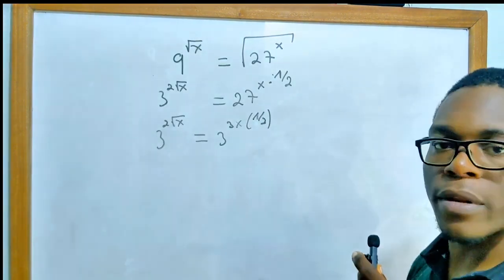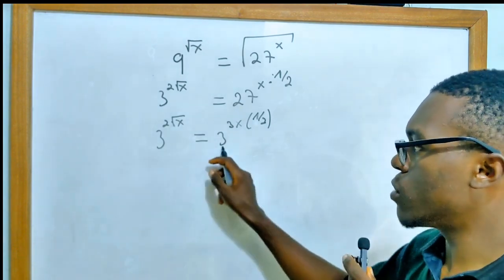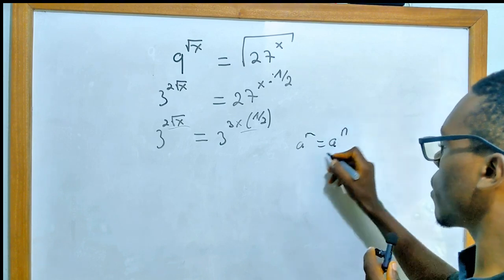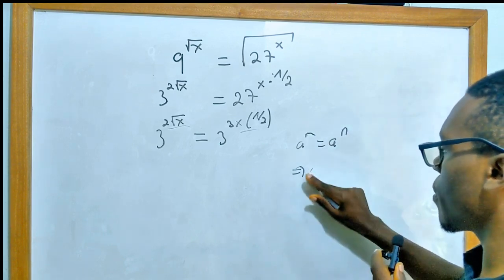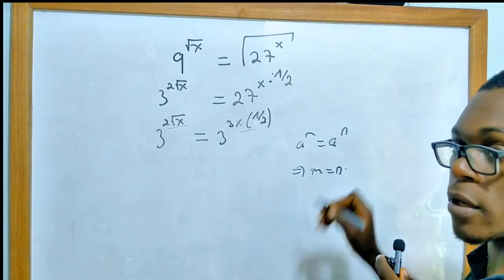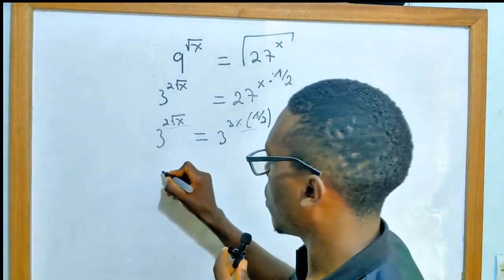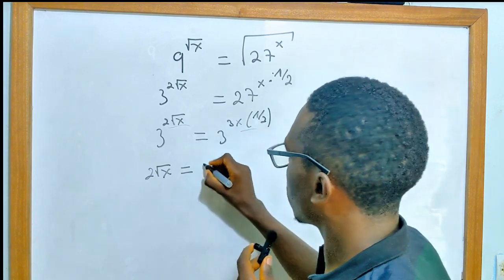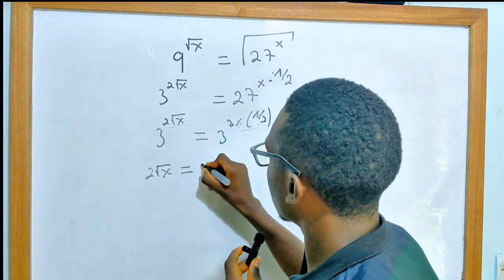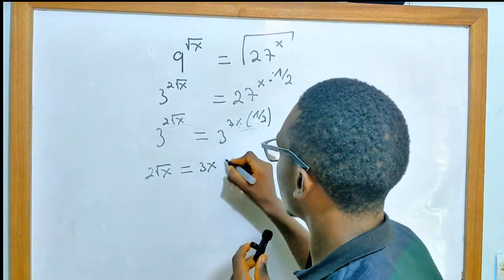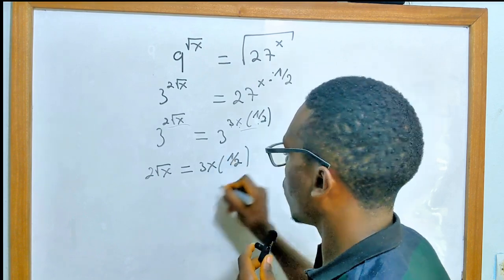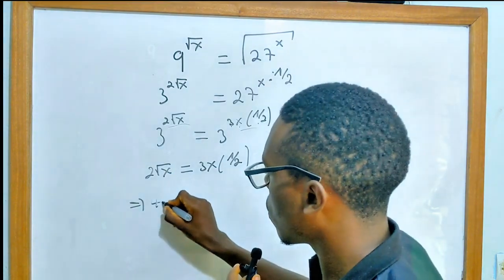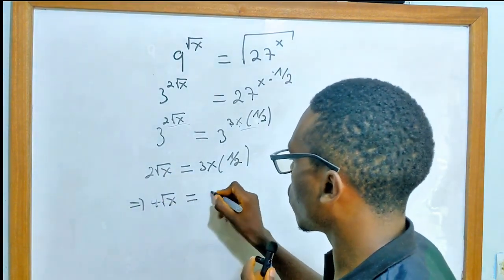Hence, at this point we can equate the powers. Since we have the same base, we can equate the powers. Since a to the power m equals a to the power n, that implies m is equal to n. We apply it to say 2 root x is equal to 3x times half, which implies that we can multiply by 2 to have 4 root x is equal to